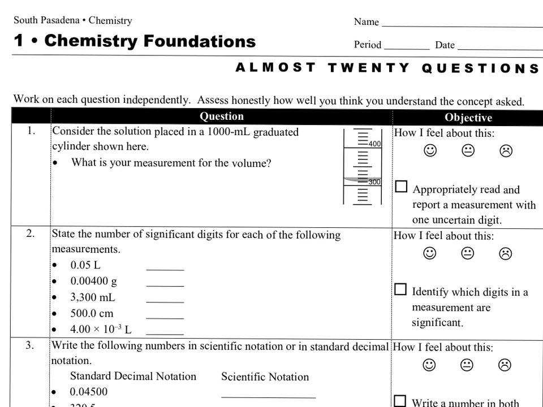Okay, here are your answers to the almost 20 questions worksheet. Let's see, number one, we are going to check this volume. What I see here is that it's marked at the tens place. It goes from 300 to 400, and this one is marked at the tens, and it looks to me like it's right on the 10. And so how do I record that? So I want to call it 310